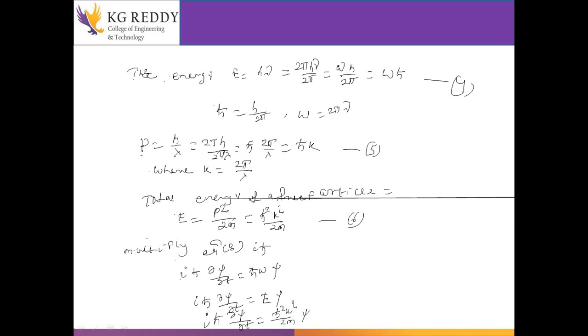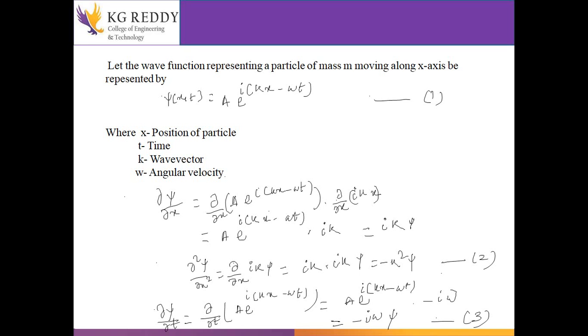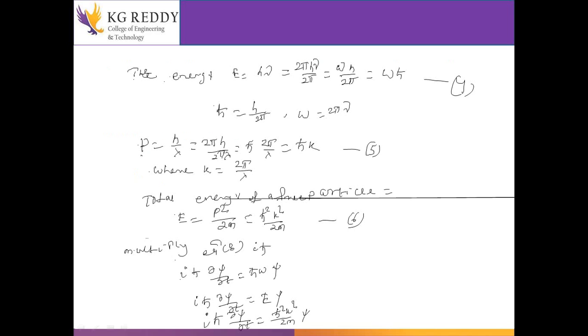Then from equation 2, we get ∂²ψ/∂x² = −k²ψ. I will put this into the equation: instead of k²ψ, I will keep −∂²ψ/∂x². Then the final equation will be